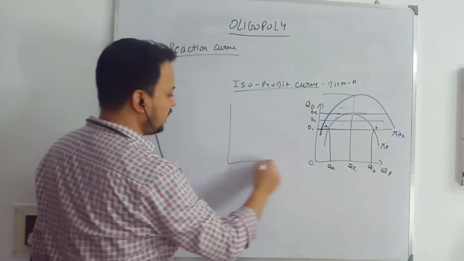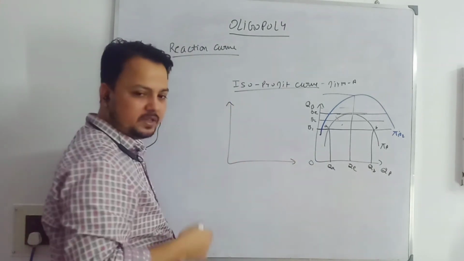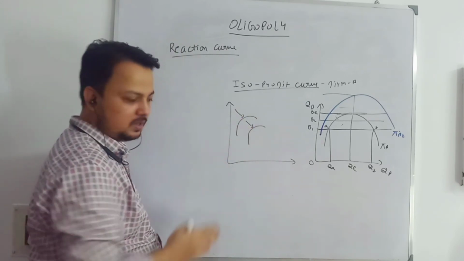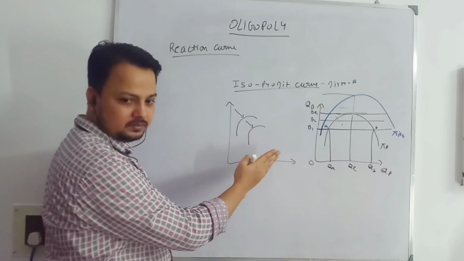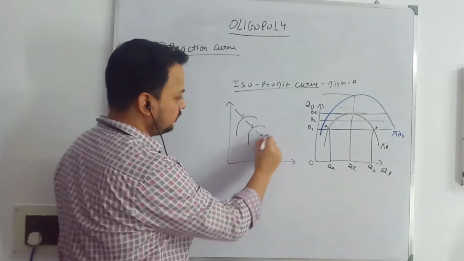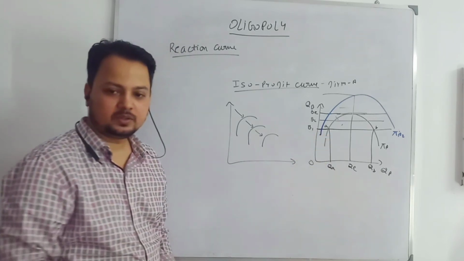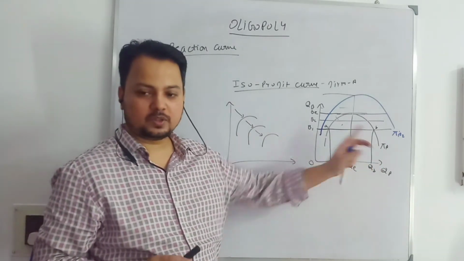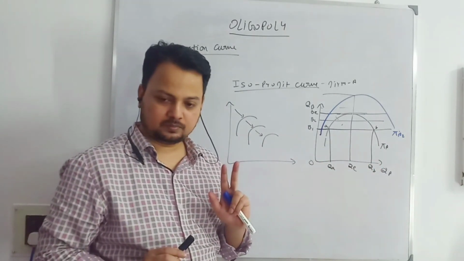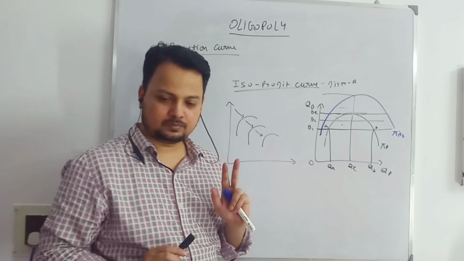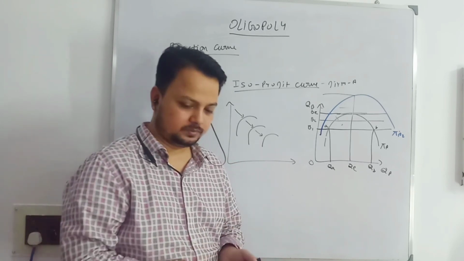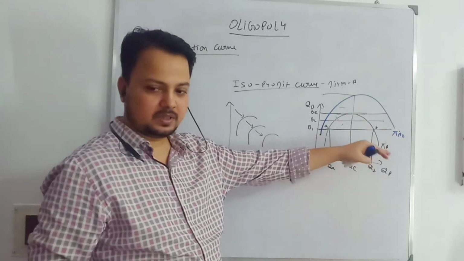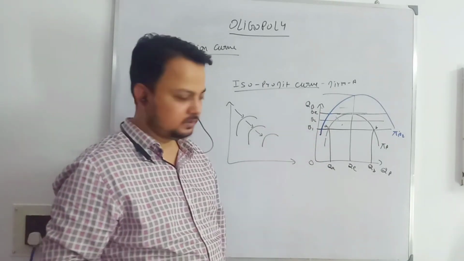Or you can remember this graph that we have drawn. Locate yourself at the worst position. You can push this to maximize your satisfaction, right? The higher indifference curve will be on this side, to the lower position. So the lower one represents the higher profit level for firm A. Can everyone follow? Because you will have higher output for firm A on the lower curve, and no output for firm B.